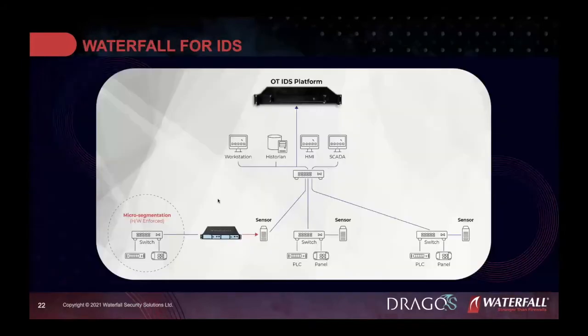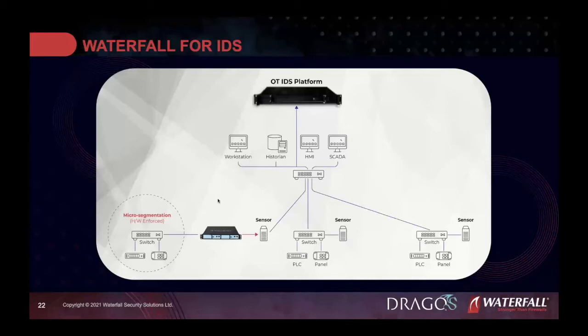So one of the ways that we will feed the Dragos sensor is that their sensors have the ability to ingest a SPAN port. So at that network layer, through our software, we will be able to feed that Dragos sensor via SPAN port. That does two things. It locks down that area, still to a zero trust level, but by being able to feed the sensor to that particular enclave,